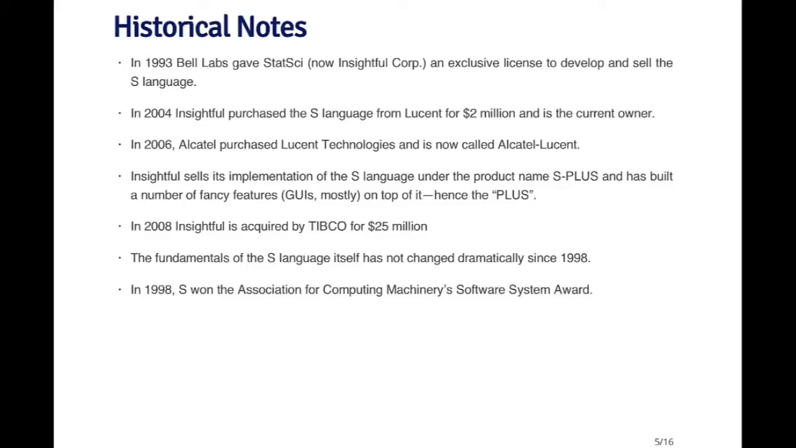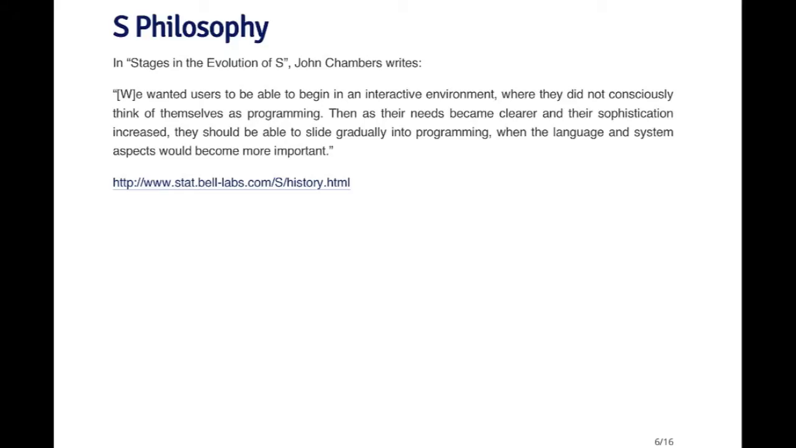The basic fundamentals of the S language have not really changed since 1998, and the language that existed in 1998 looks more or less like what we use today, at least superficially. And it's worth noting that in 1998, the S language won the Association for Computing Machinery's Software System Award, a very prestigious honor. So in a document called The Stages in the Evolution of S, John Chambers, who was the original creator of the S